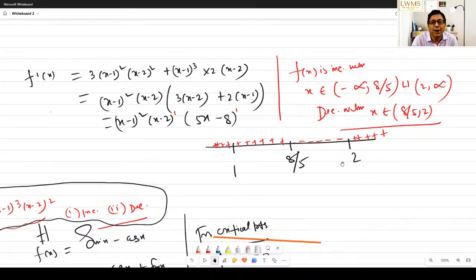No. So I have to exclude 1 from this portion. You said minus infinity to 8 by 5, no. It will be minus infinity to 1 open bracket, union 1 to 8 by 5. Clear? This is a very, very important concept for the board exam. Normally in a board exam, this kind of questions are asked. Difficult sums are also there, we'll solve them. So let